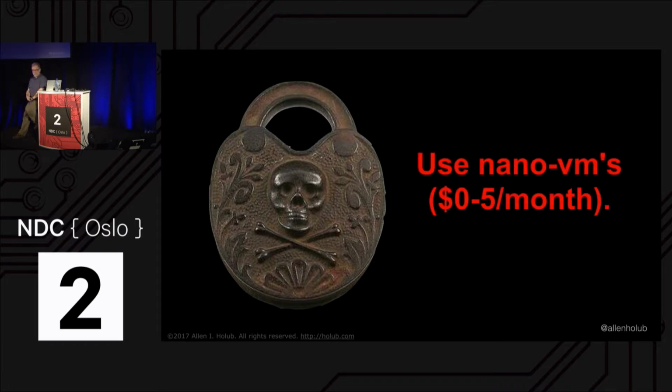Almost everything that I'm implementing right now is done on top of a nano VM, which costs about $5 a month depending on who you're getting it from. Amazon and DigitalOcean both charge $5 a month for their nano VMs. And in fact, Amazon's nano VM, if you were running a service on one VM, you'd probably be down in the free tier most of the time, because you're using it so lightly. In other words, it's not going to cost you anything.